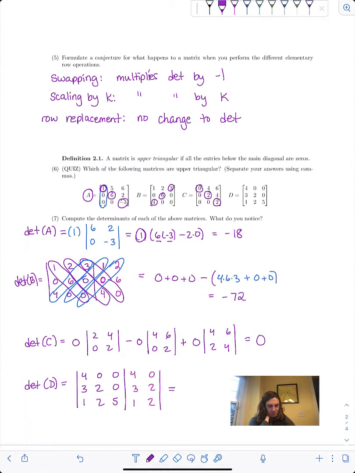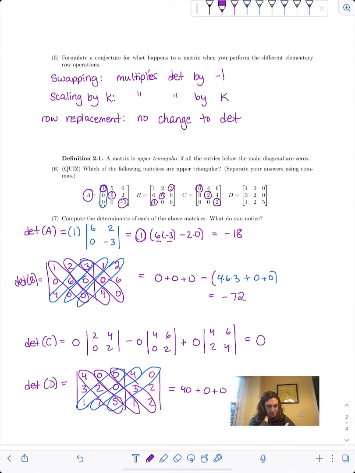So 4 times 2 is 8, times 5 is 40, plus, and then we have a couple of things with zeros. And then going the other way, 1 times 2 times 0, 2 times 0 times 4, and 5 times 3 times 0. So minus 0 plus 0 plus 0